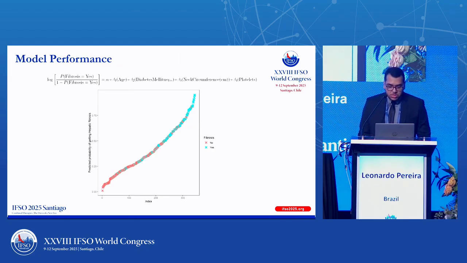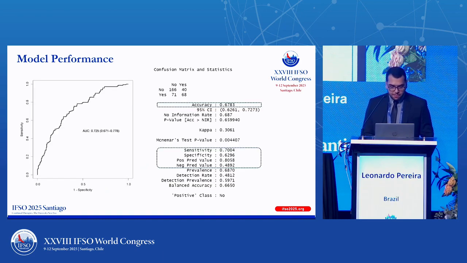Using just these 4 variables, we created a model to estimate fibrosis. Our data set is still growing to improve the balance and the accuracy of the function, but we brought our preliminary results today to share them with you. Let's take a look at how our model performed in practice. We reached an area under curve of 0.725, which shows moderate discriminative ability. That means the model was able to separate patients with and without fibrosis reasonably well, using only simple preoperative variables.